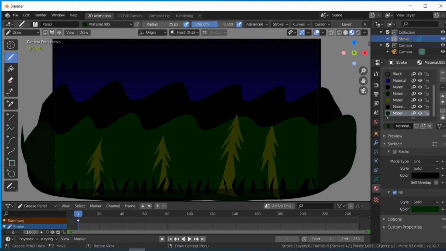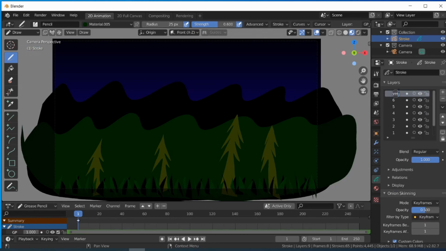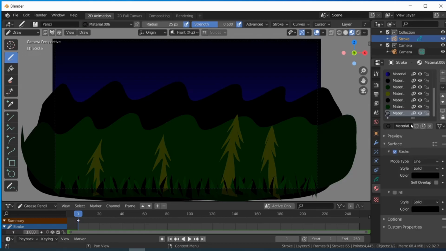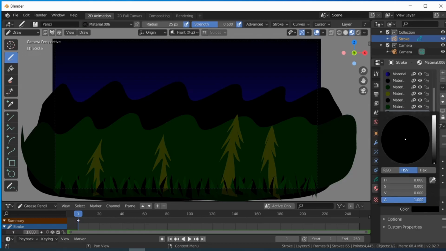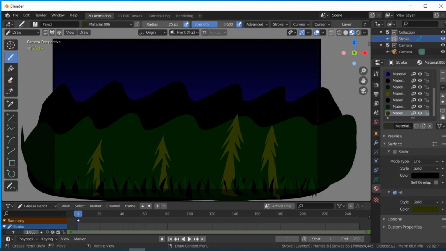And I draw my grass too. And I also need a dirt layer. So my grass contains 3 layers with 3 different colors. So if I use this color, yes,